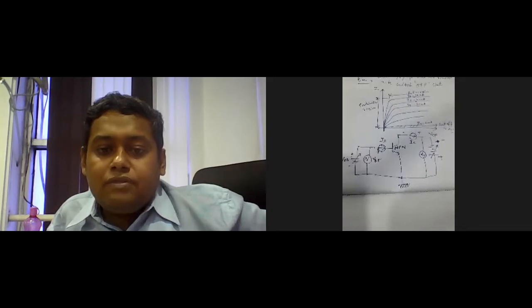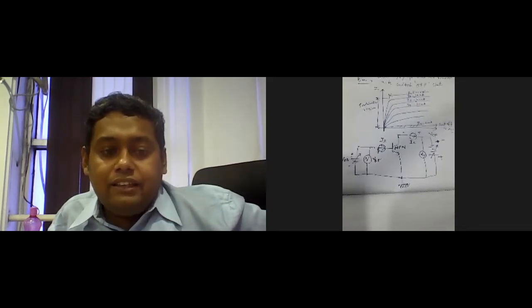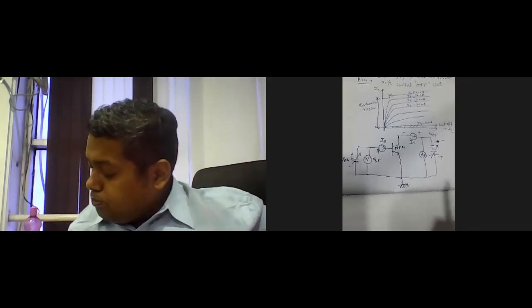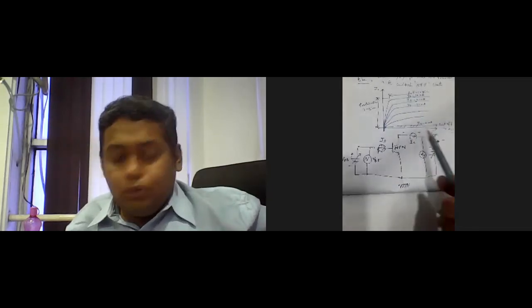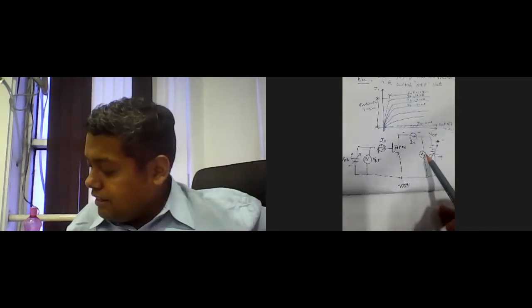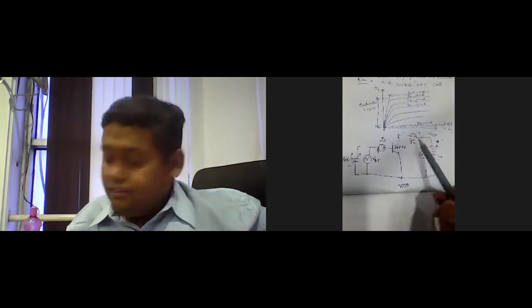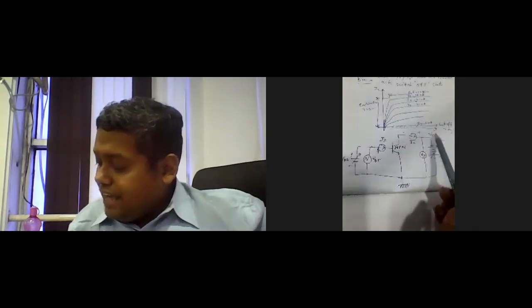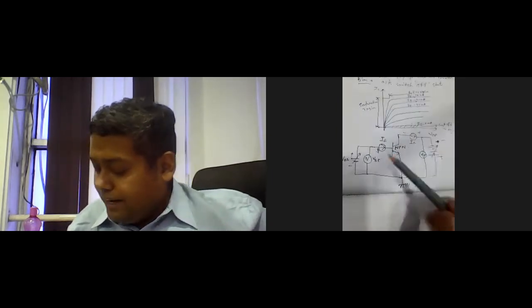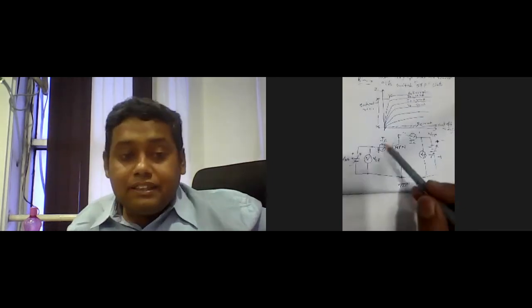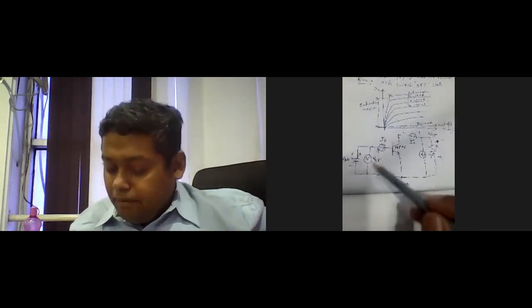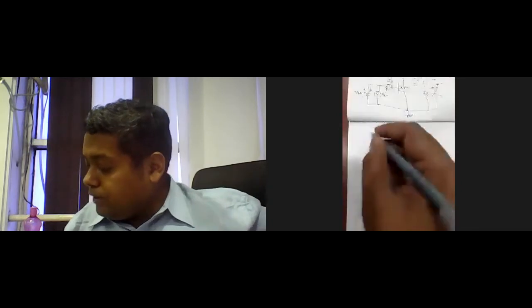So this type of circuit configuration we will arrange, and on the basis of that, this is the output side. So we get the output characteristics. What are the output parameters? VCE versus IC is the output characteristics. Input characteristics are VBE versus IB. So if we consider the input characteristics,